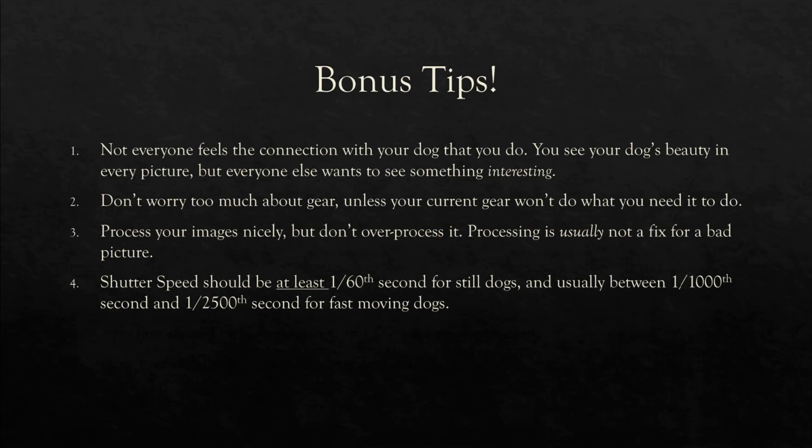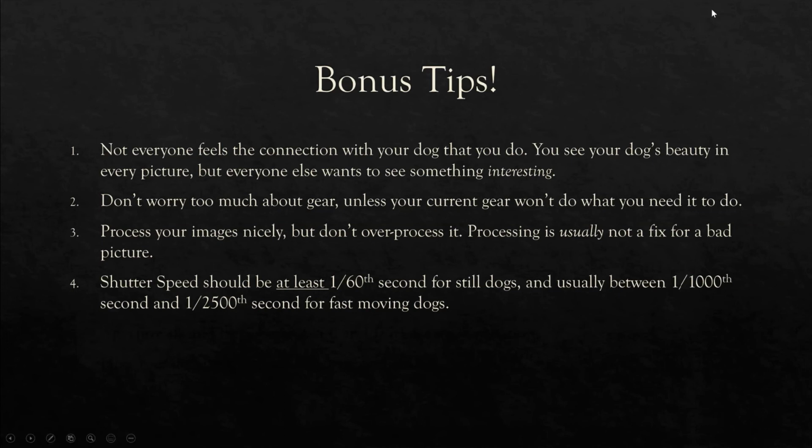All right. This fourth point is going to be aimed more at people that are using a camera, not a cell phone camera, but like a point and shoot or a camera that gives you some control over your settings. So whenever you're shooting a still image of your dog, a cell phone's going to do this automatically, but you're going to want to set your shutter speed to about 1/60th of a second for a still dog. That's going to take care of any camera shake while you're holding the camera in your hand. That 1/60th of a second is usually fast enough that you can get a crisp image of a still dog. Now, if your dog is moving,